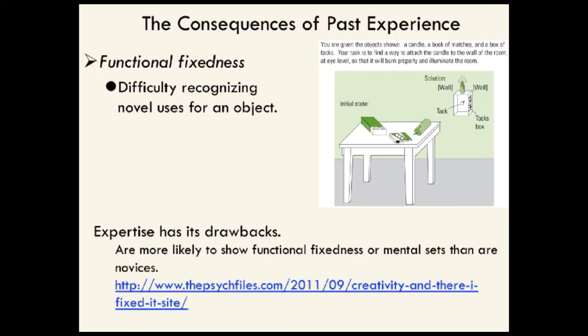There are some interesting studies that have been done on some of the obstacles that get in the way of problem solving, and one of them is something called functional fixedness. It involves having a hard time noticing or recognizing that a familiar object can be used in a totally unfamiliar way. Start off here by looking at this simple diagram. This is a very classic functional fixedness problem.